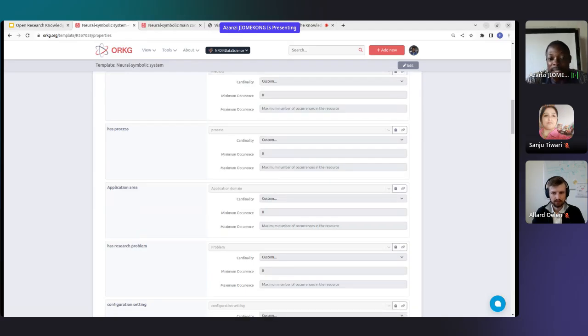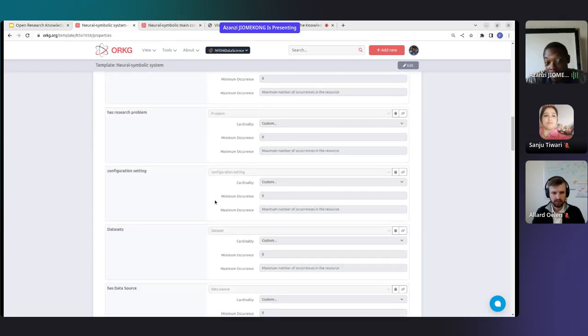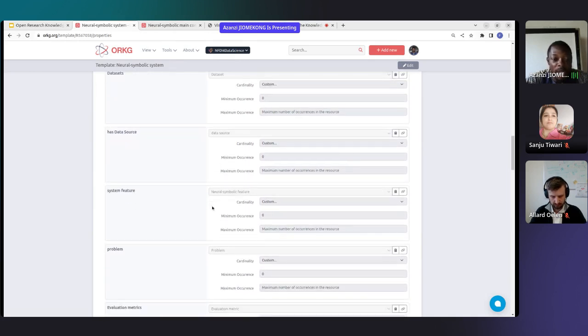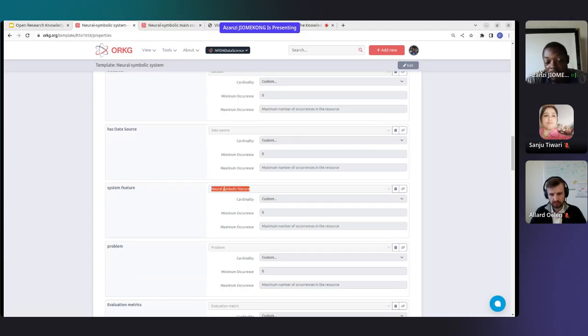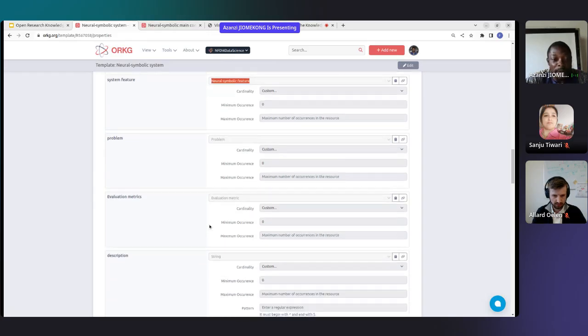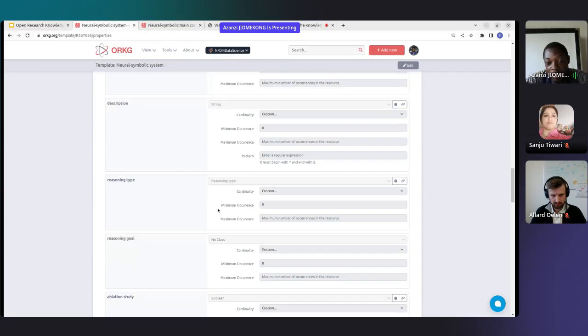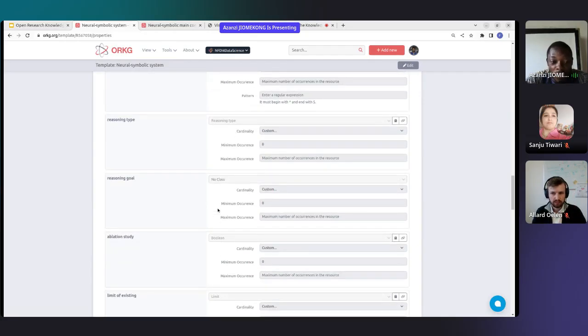Many systems are applied in different domains. For example, in retinopathy, the research problem, the configuration setting. In many cases, the authors are providing the configuration setting of their experimentation. Then we also have the configuration setting here, the data set that is used, the data sources from which the data set is coming, the system feature, what are the different features of the system that are presented, the different problem that the author is addressing, the evaluation metric also, the description, the reasoning type, the different type of reasoning that is used by the author,